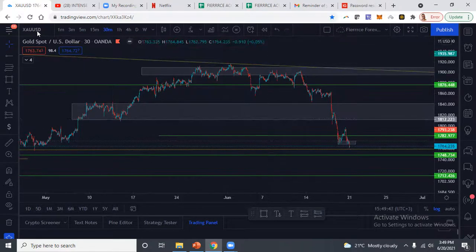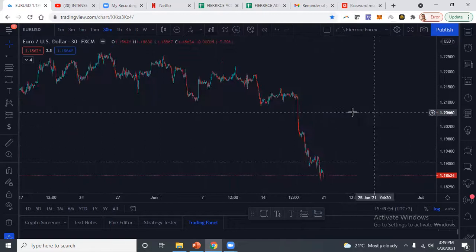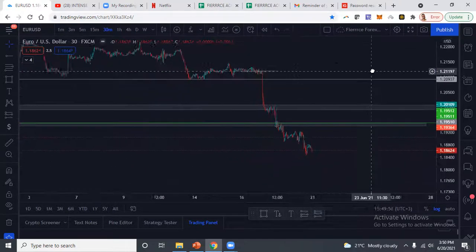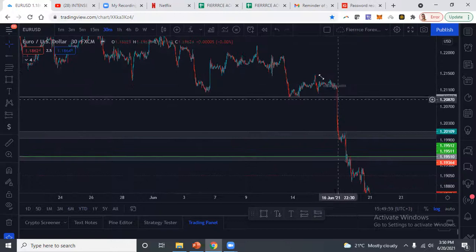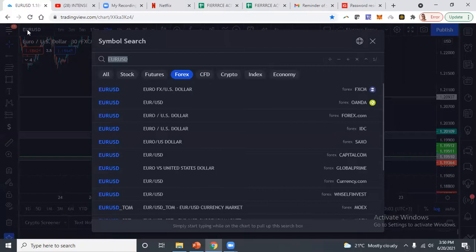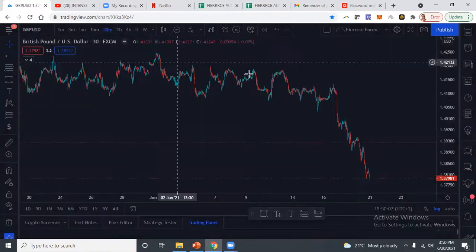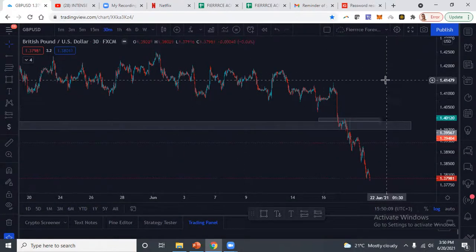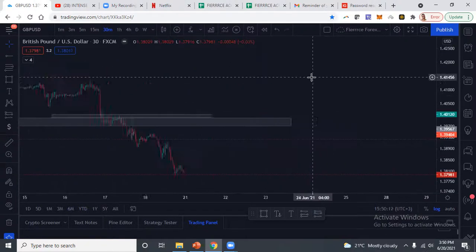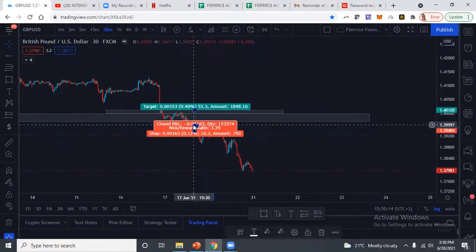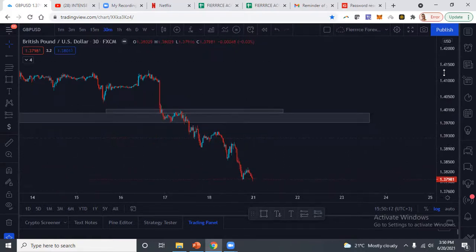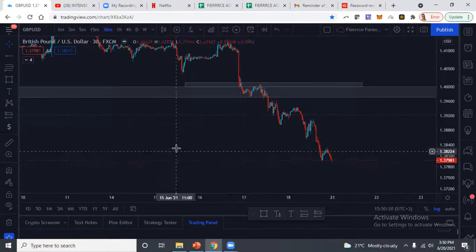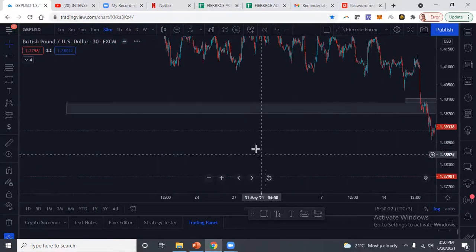So, a quick recap of what's been happening in the market. Basically, we've been seeing a lot of bearish momentum on most of the pairs. You can see this is EUR/USD, which is looking just like gold, which is looking just like many of the USD pairs. This is GBP/USD. Last week the market was really bearish. There was also news happening, and we saw massive movement in the market to the downside.